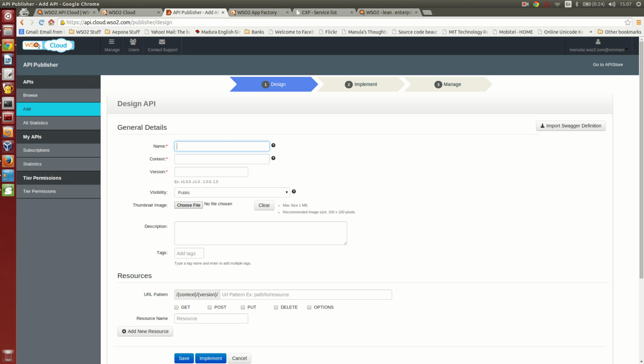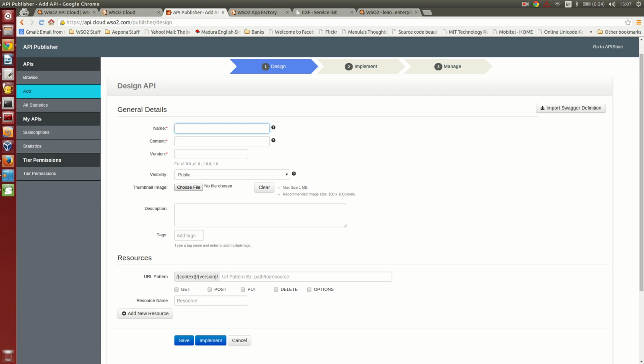So let's design our API. You have to give a unique identifier for an API. This is for identification purposes only. So I use WSO2 sample here, and you have to give the context and version. My API context is WSO2 and I can use different versions to manage my API.